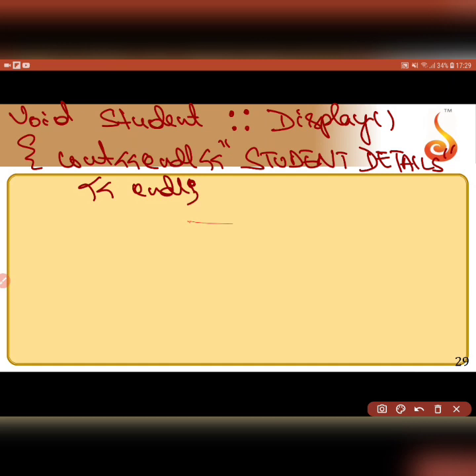Okay, so student details would be printed, and before and after a new line is inserted. Cout roll number,